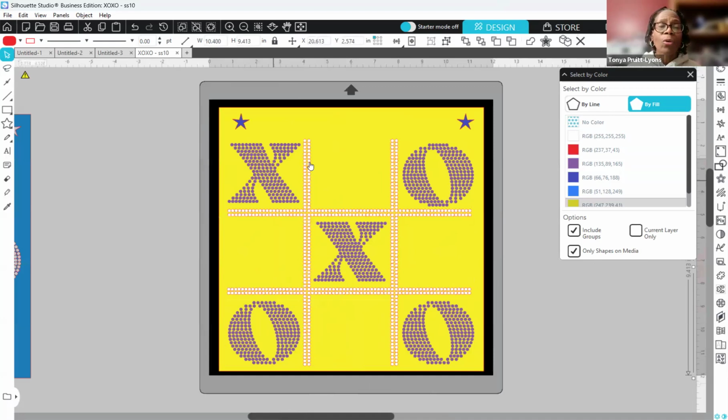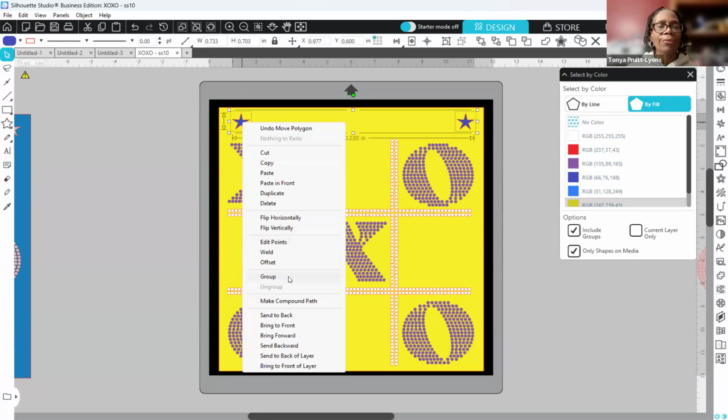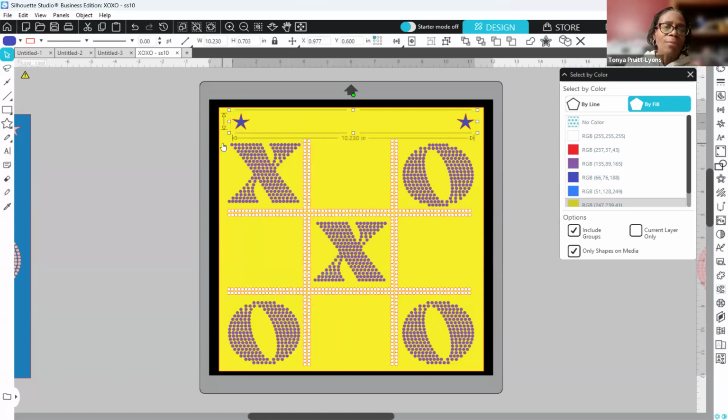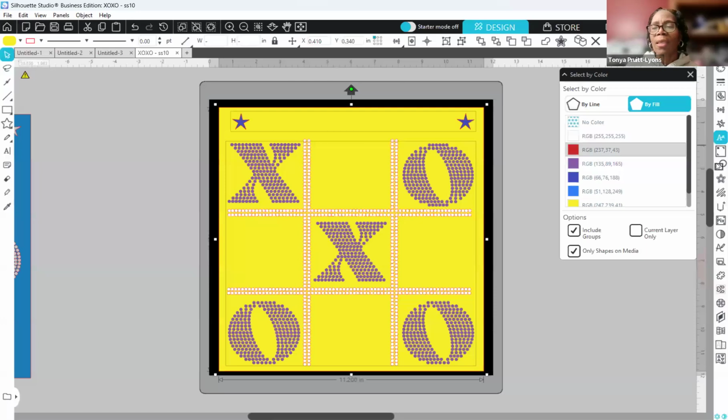Okay. So now we're going to work with our second layer, and we're just going to repeat those steps that we did before. So I'm going to grab my stars. I'm going to hold the shift key and grab the second star and group those together. Okay. And then while I'm still holding my shift key, I'm going to go ahead and grab the second layer. I'm going to pick the one with the X. So I'm going to grab that one, and I'm going to grab the yellow square, and I'm going to again open up the